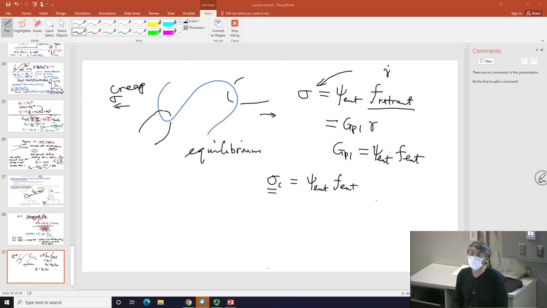Below which it will be balanced. So in other words, if you apply a creep under this condition, then by definition, you will be able to deform your chain with a force that's smaller than this,